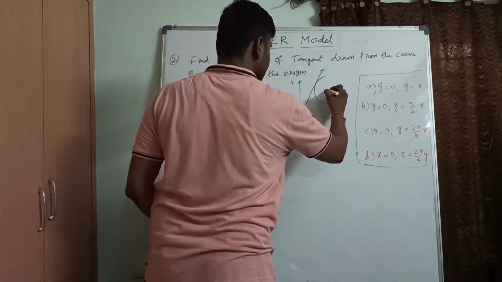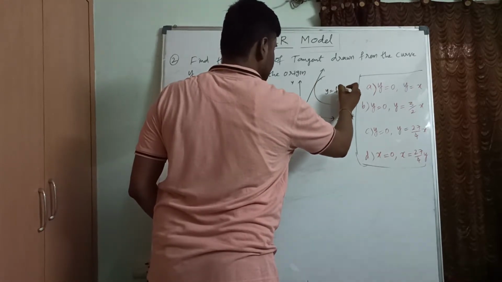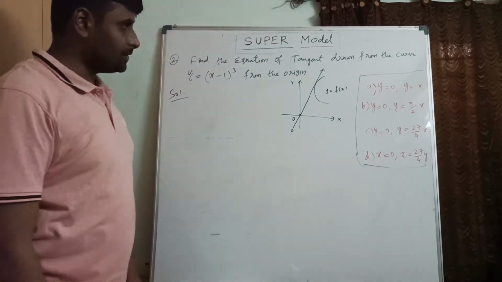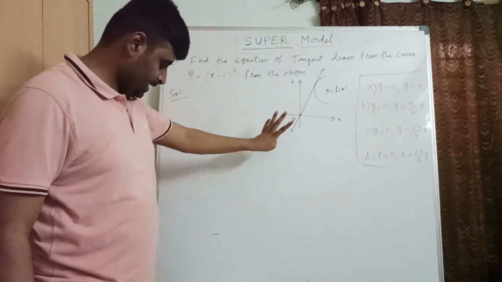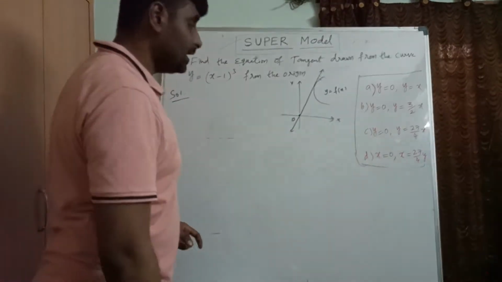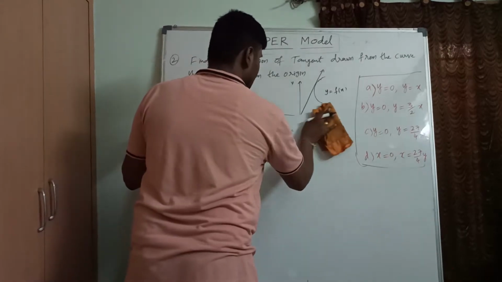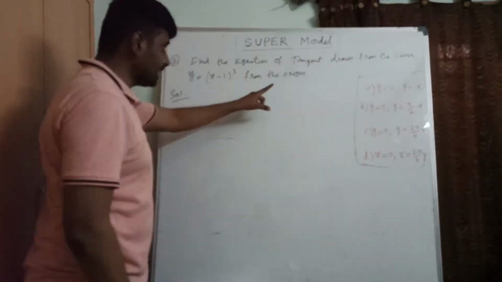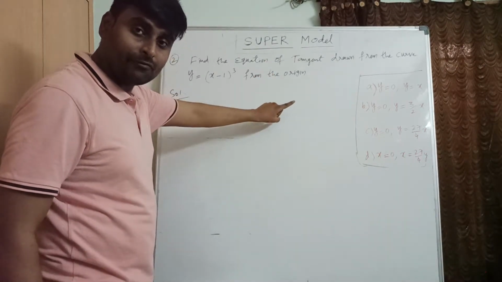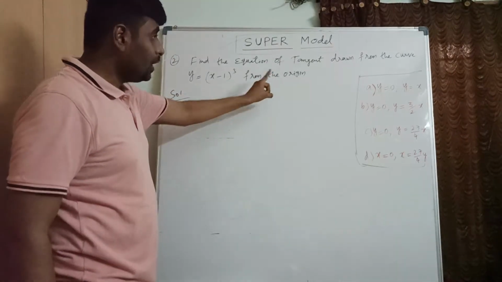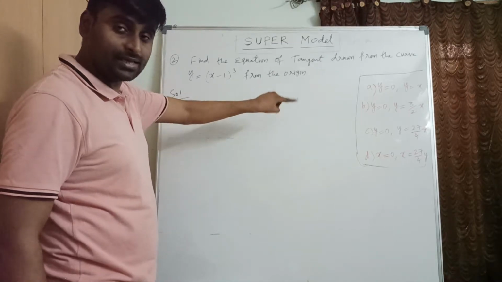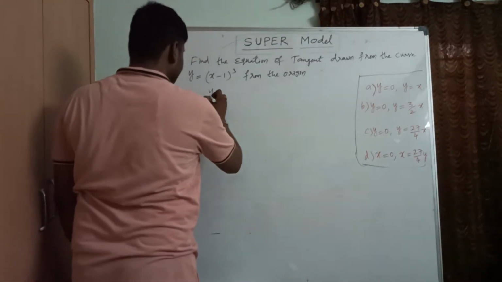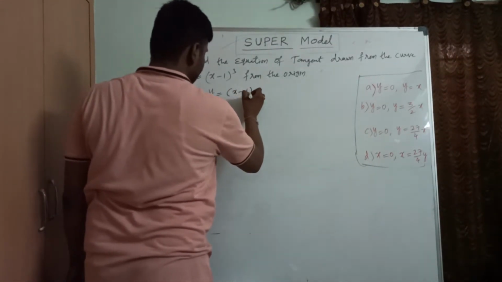On the x-axis and y-axis, this is y equals f of x. Let us take a general curve, so the diagram will be like this. This is for your understanding. Now let us go for taking a general point first, because the tangent is not drawn from a point on the curve. The origin is an outside point, not on the curve. Now let me take y equals (x minus 1) whole cube.